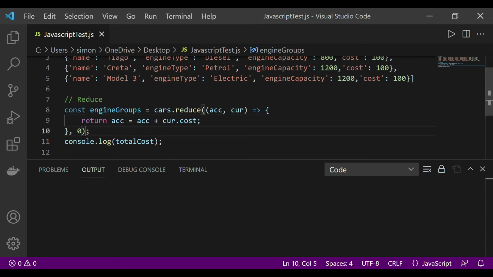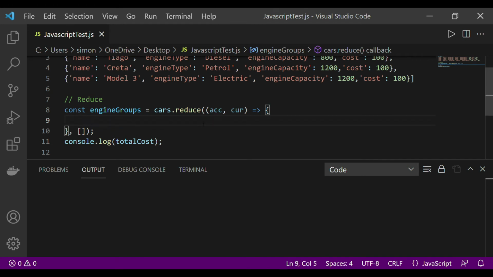of 0, let's try to understand what the initial value is. The initial value tells reduce what kind of value should be returned after the entire operation is completed. Now we are expecting an array, so reduce should have an initial value of an empty array. Alright, now reduce knows that it's working on an array and it's supposed to return an array. Based on what we write here, it is going to create a new array